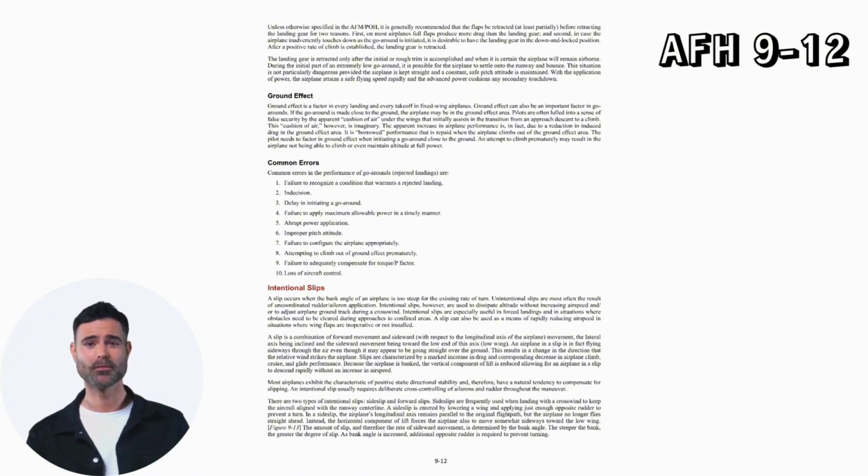There are two types of intentional slips: side slips and forward slips. Side slips are frequently used when landing with a crosswind to keep the aircraft aligned with the runway centerline. A side slip is entered by lowering a wing and applying just enough opposite rudder to prevent a turn. In a side slip, the airplane's longitudinal axis remains parallel to the original flight path, but the airplane no longer